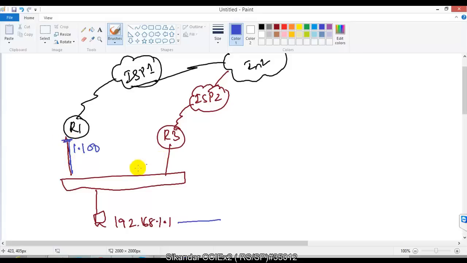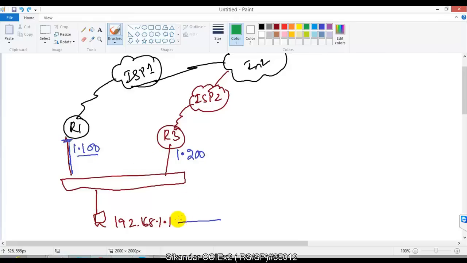So I'm going to say 192.168.1.100 here, and I'm going to use 192.168.1.200 here, because we cannot use the same IP for two different devices. These two gateways are on the LAN interfaces, so these two gateways and my LAN should be in the same network. That is the basic networking we know.